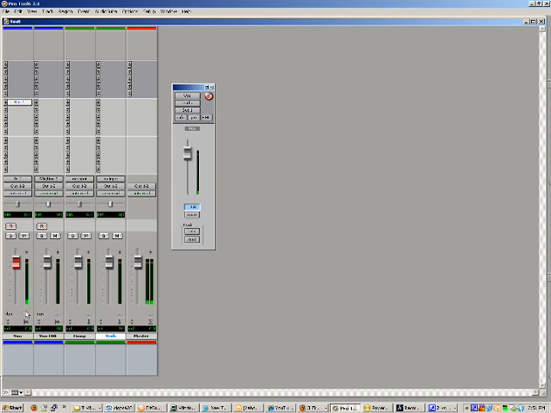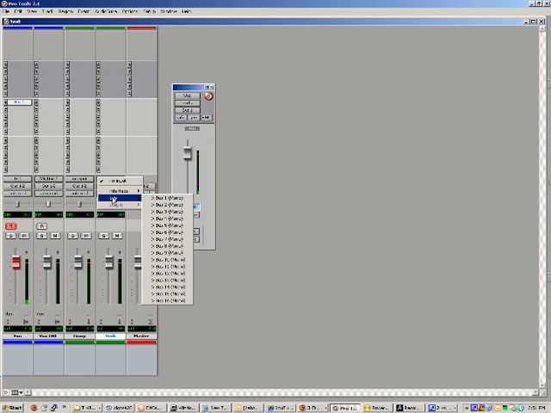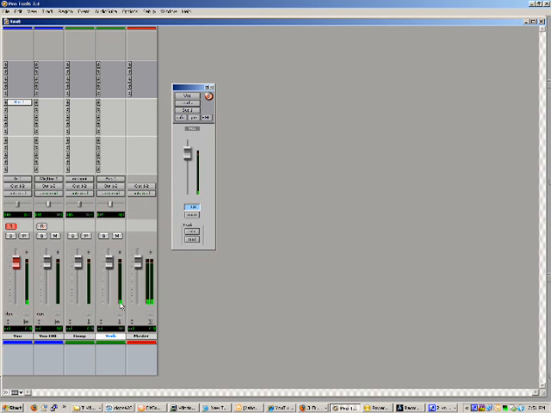So to set the input of the reverb, we're going to come up here to the input-output assignment, and I'm going to click on where it says no input, and give it an input by going to bus 1. And as you can see right down here, we've got a signal on our reverb. I'm going to go ahead and disarm that track real quick,